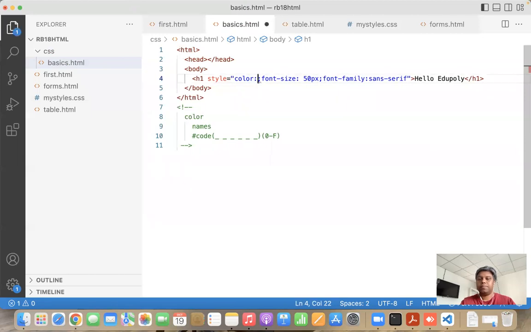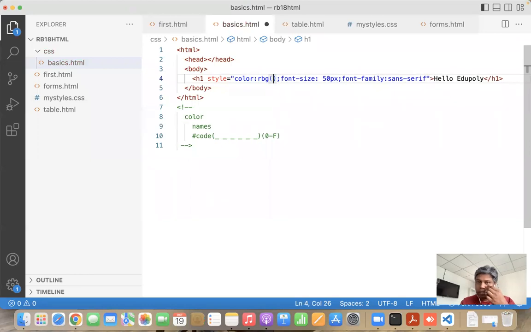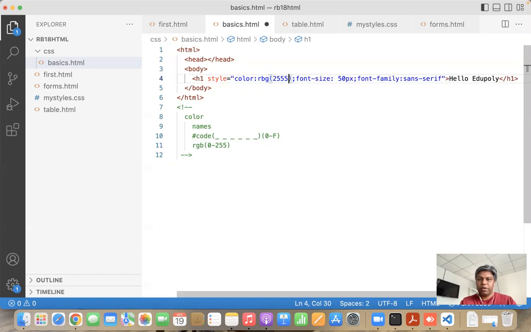Another way is RGB format. Here you can't give hexadecimal values. You can give the three-value combination of red, green, and blue, each from 0 to 255. You can give any number. 255 is the maximum, 0 is the minimum. So if you give 255 comma 0 comma 0